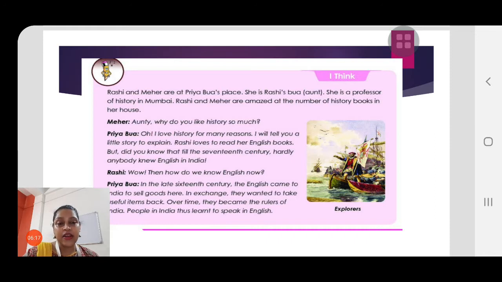Explorers are people who try to go to different places where no one has ever visited. They try to find some extraordinary places, and after discovering a place, they start learning about it: who are the people who stay there, what type of vegetation is there, what type of people live there, what is the clothing, and many more things. So here you can see a picture of an explorer.